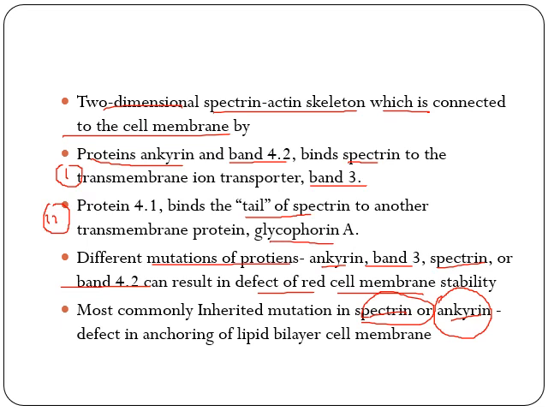Remember, if there is a defect in your perpendicular architecture, that is your vertical protein interaction, that leads to spherocytosis. If there is disruption of horizontal interactions, that leads to elliptocytosis. So most commonly we have to deal with hereditary spherocytosis. So remember that there is abnormality in vertical interactions, that is ankyrin and 4.2 protein, which help the binding of spectrin to band 3, which is the most common.